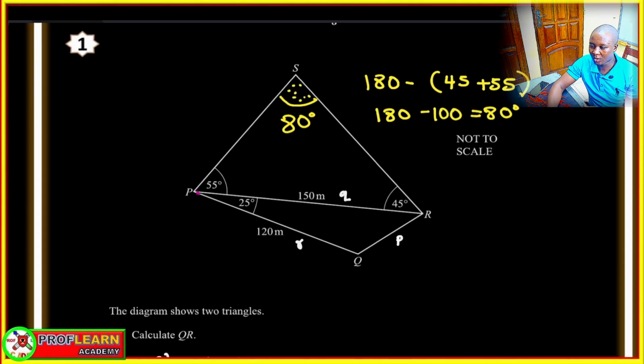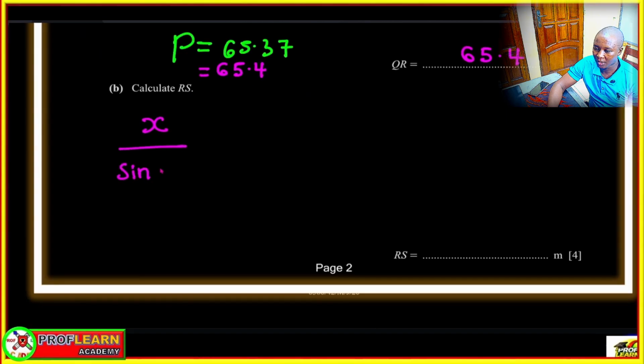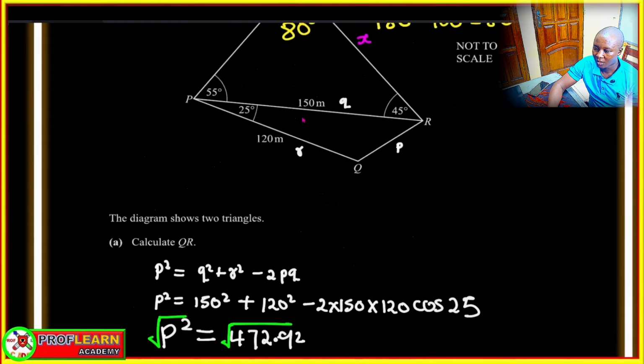Then since we are finding the length of SR, we can call it X, and we can apply the sine rule because we have an angle of 55 and the corresponding opposite side, which is the one that we are finding. Then you can see here, we can say X over sine 55 is equal to, this side is